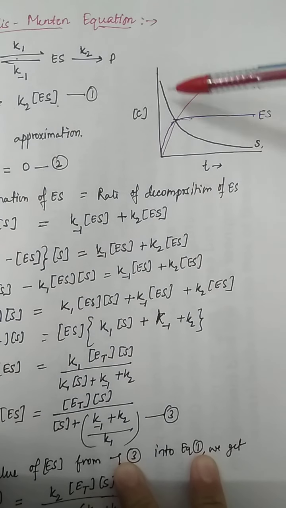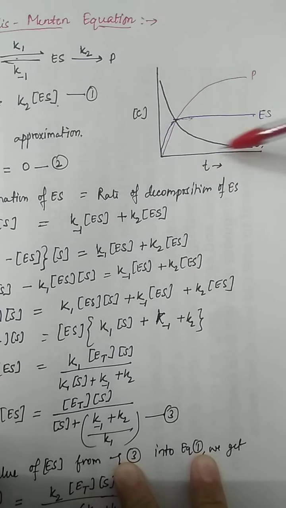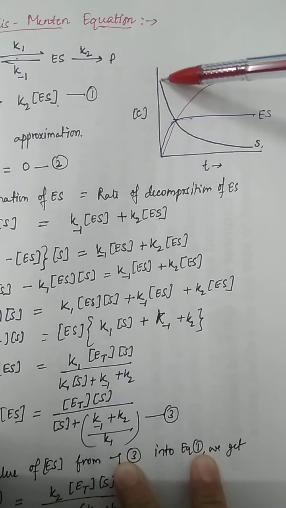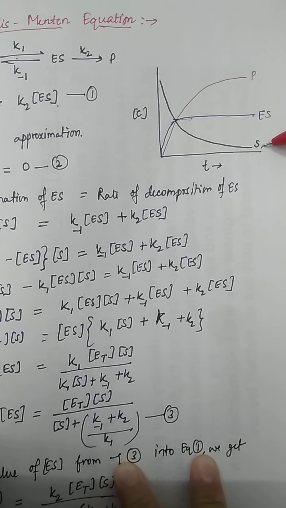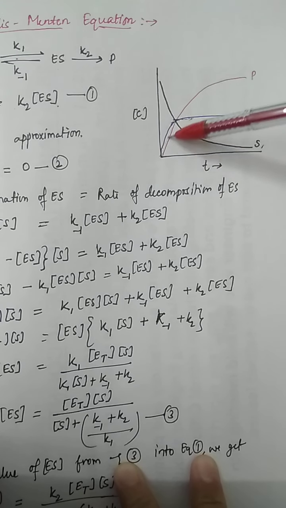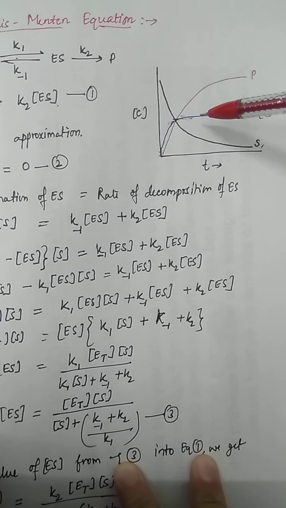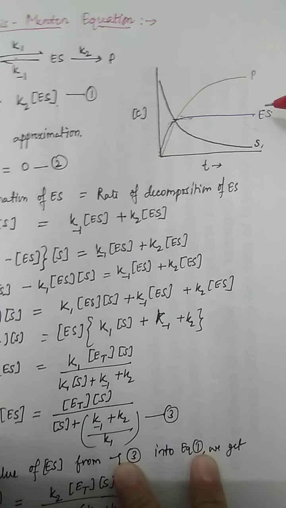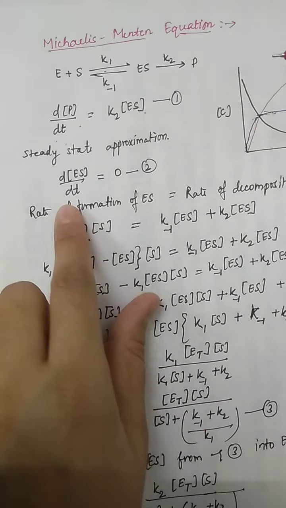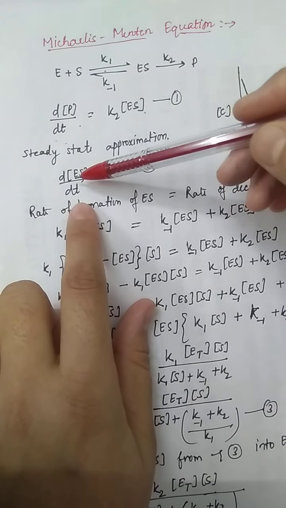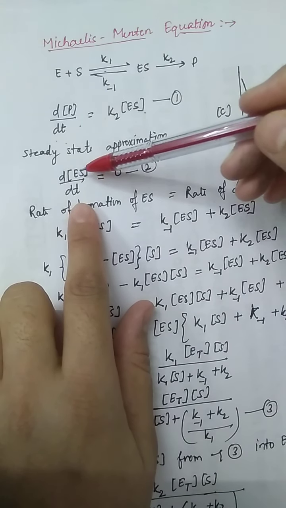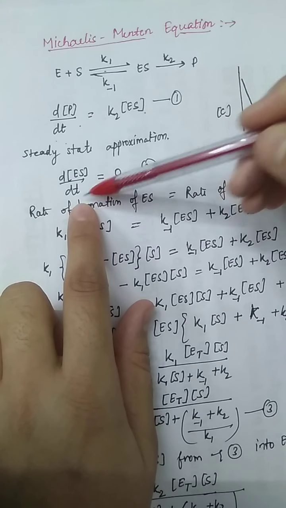This we can understand from this graph. This is a plot of concentration with respect to time. So the concentration of substrate decreases with the course of the reaction, the concentration of product increases, but the concentration of our intermediate initially increases, then becomes constant. This constant concentration of ES represents the steady state approximation. What it explains is that the rate of change of concentration of enzyme substrate complex with time is equal to 0,